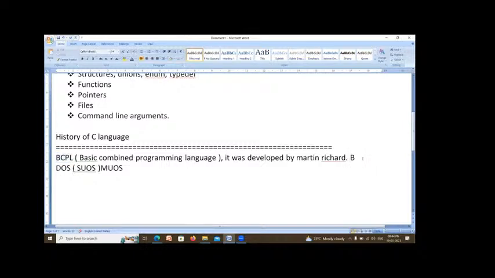We write it like this: BCPL led to B. The developer of B was Ken Thompson.